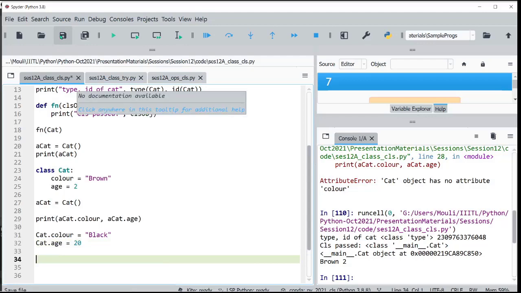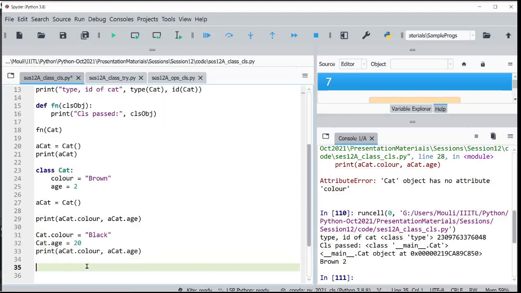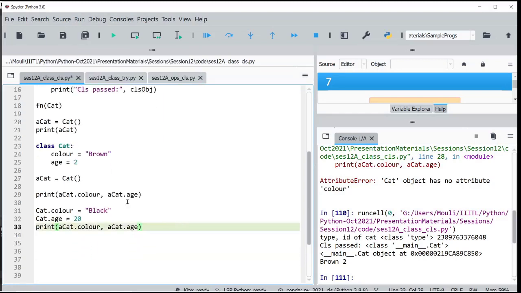Now let me print it. Now what do you expect? We have class attributes which we initialized inside. When we instantiated it, it got those values. We printed it and we saw that brown and 2 are there. Now I am printing it again.